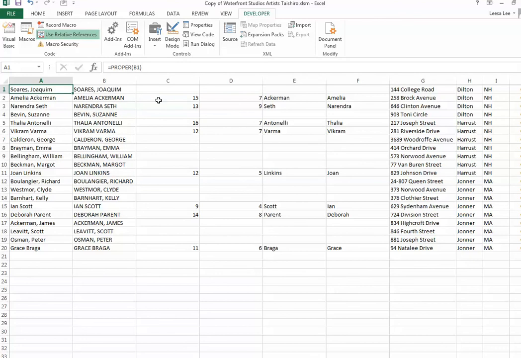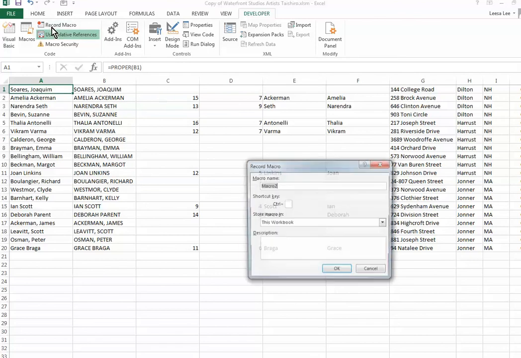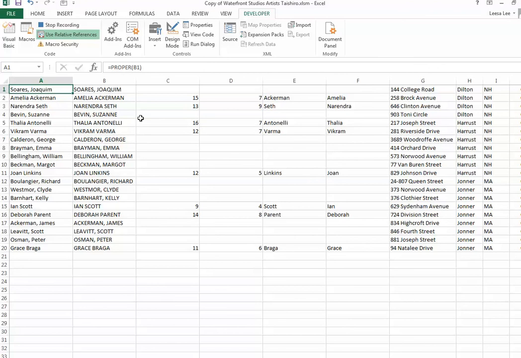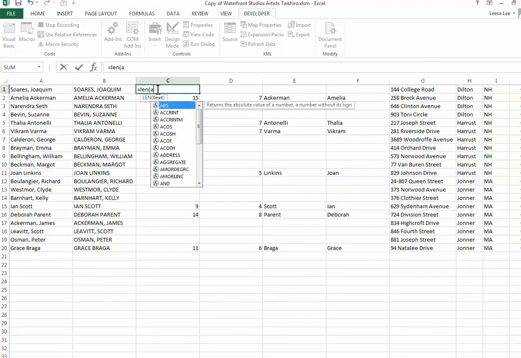Okay, next we're going to click the Record Macro button. Name it last name, with a little l. You don't want to put a capital L in there because then you would have to press Shift to run it. Store the macro in this workbook. And off we go. All right, so now I need to move to cell C1 and type in LEN of A1